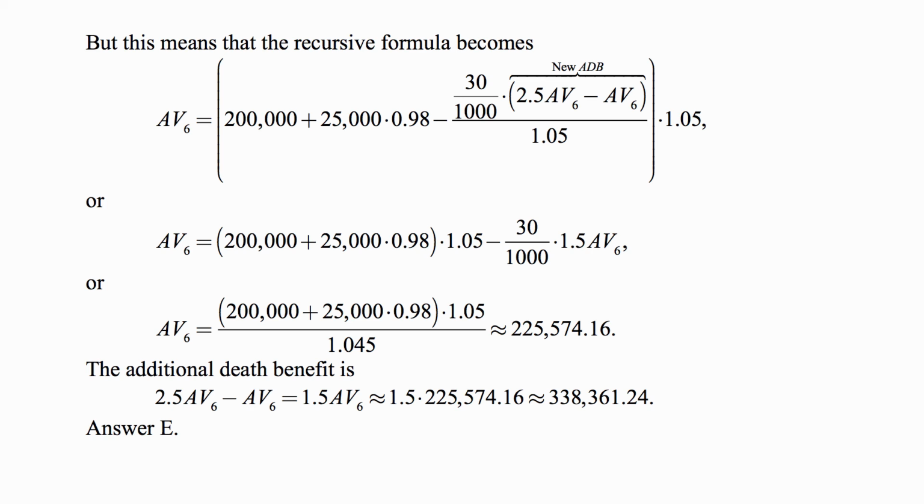From this, account value at time 6 is 200,000 plus 25,000 times 0.98, the whole quantity times 1.05 minus 0.03 times 1.05 AV6, so that AV6 can be calculated. It's the only unknown in this expression, and it's 200,000 plus 25,000 times 0.98, the whole expression now multiplied by 1.05 and divided by 1.045. That comes out to be